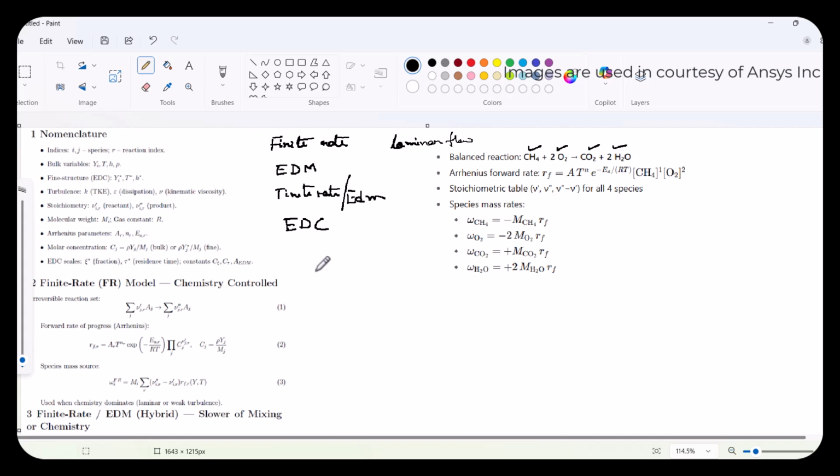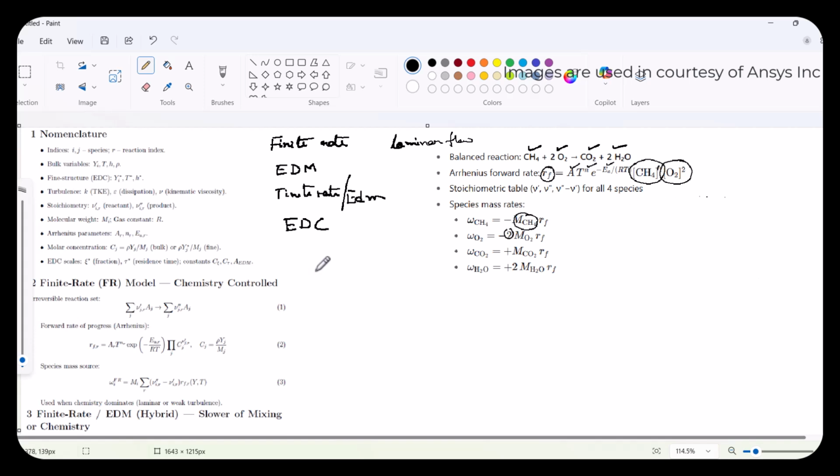In a finite rate model, the reaction rate is controlled by the pre-exponential factor, activation energy, temperature exponent, and the reactants' power exponents. So this is the reaction rate. These reaction rates multiply with the stoichiometric coefficient and the molecular weights, so you get the net species that is added and the net species that is removed. When the reaction happens, CH4 will be removed, oxygen will be removed, and CO2 and H2O will be added